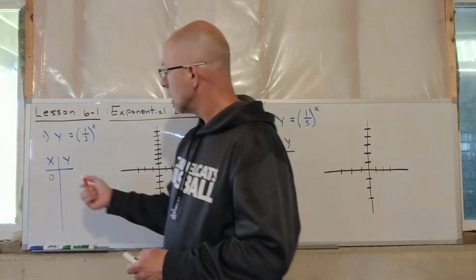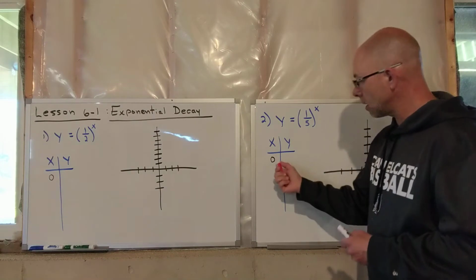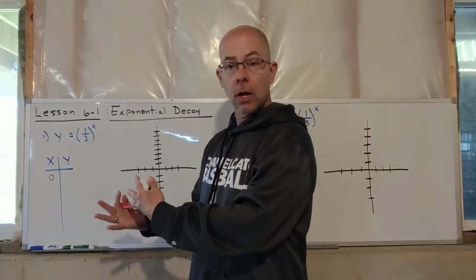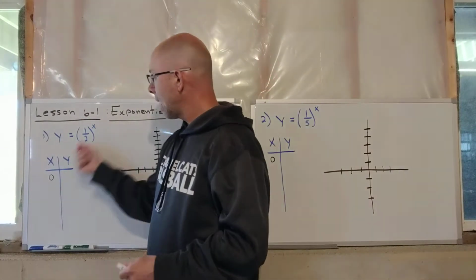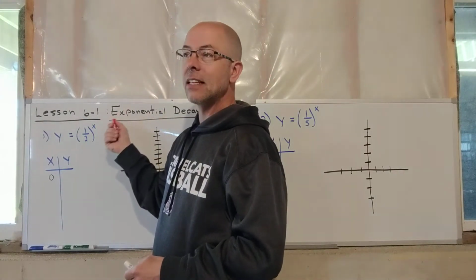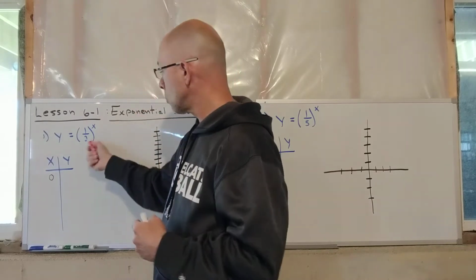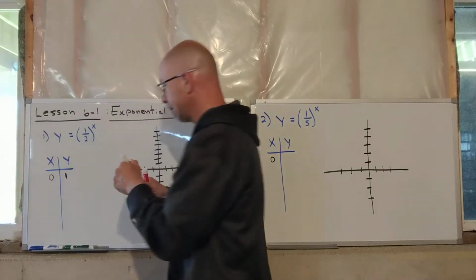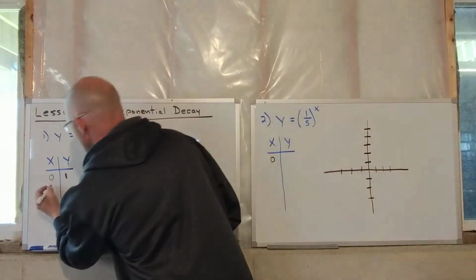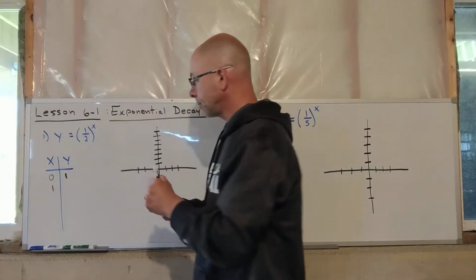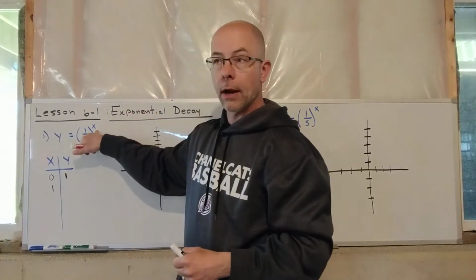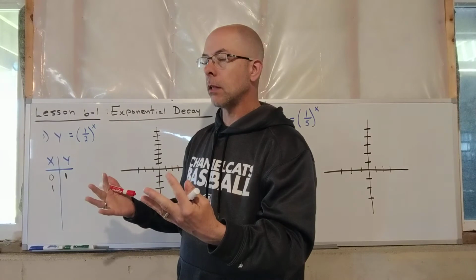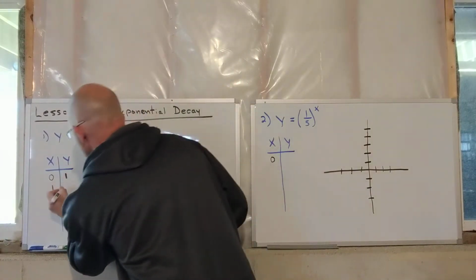So here we go. Notice I've set up both tables already because you always start with 0. And we actually will go to 1 next. But let's start here. From last week, anything to the 0 power is 1. So 1/2 to the 0 power, still 1. Now, if I go to the first power, 1/2 to the first is 1/2, or 0.5 if you want to call it a decimal. But the point is,